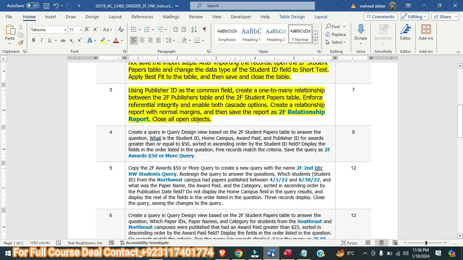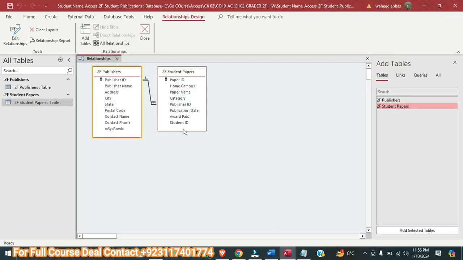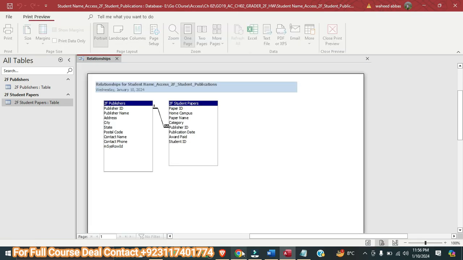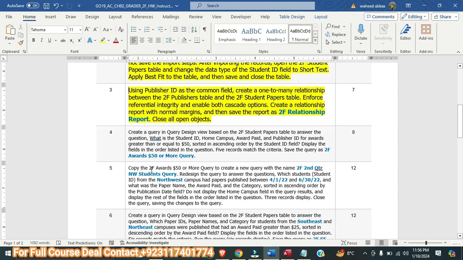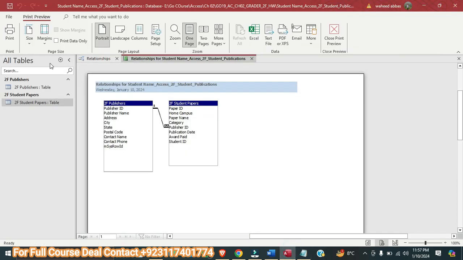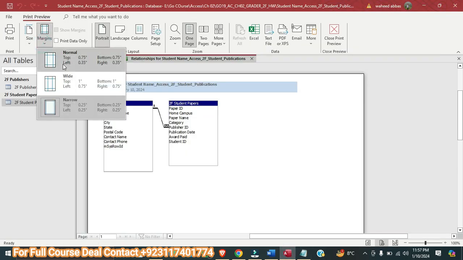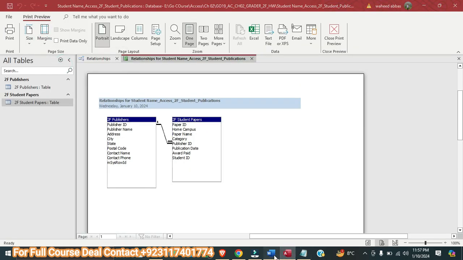Next, it wants us to create a relationship report with normal margins. So here we will go to relationship design. Here on the tool I will select relationship reports. After the relationship report, it is saying it should be with normal margins. For normal margins I will go to access, and here on the margins I will select normal margins, and next